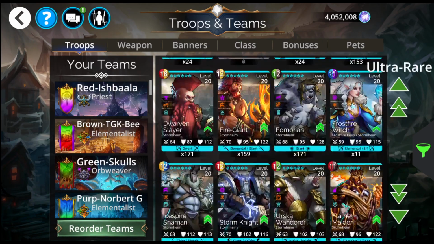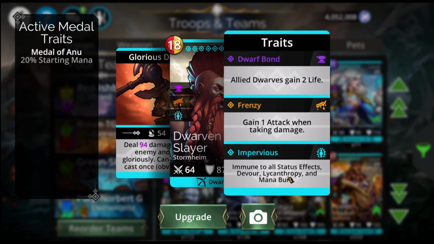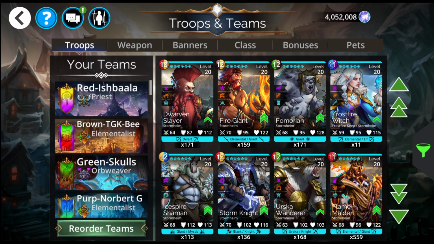That's funny. Dwarven Slayer. Deal damage to an enemy and die gloriously! Can only be cast once, obviously, because he's going to die as soon as you cast him, but very useful in Arena. Otherwise, it could be useful if you're using a summoning team, but otherwise, I don't know. Impervious is very nice, but other than that,